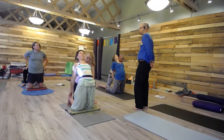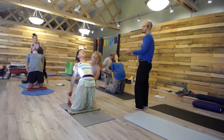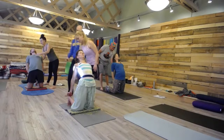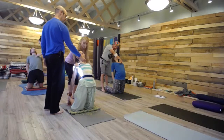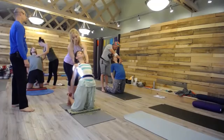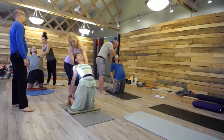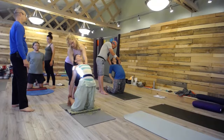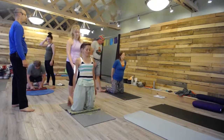Okay? Then you're going to come up to standing, and you're going to put one finger behind their shoulder blades. Right from the center line, Eliza. So you're right in the middle of her. And then reach up and over and touch the breastbone with one finger. Just gently. Middle finger is usually best. Lift the breastbone. Squeeze. Sarah, you're so deep in a back bend. Good. And then let them come up. And child's